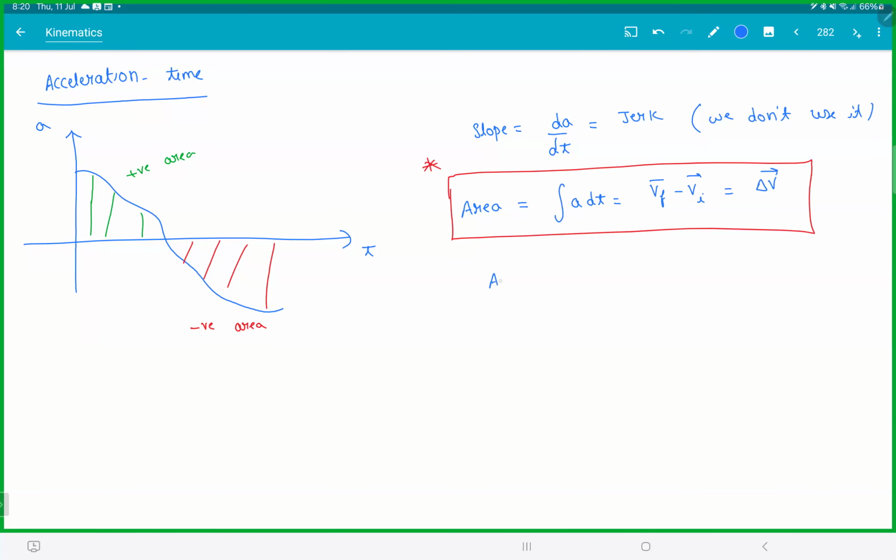Same convention, area above the time axis is positive, area below is negative. Clear? The next one,